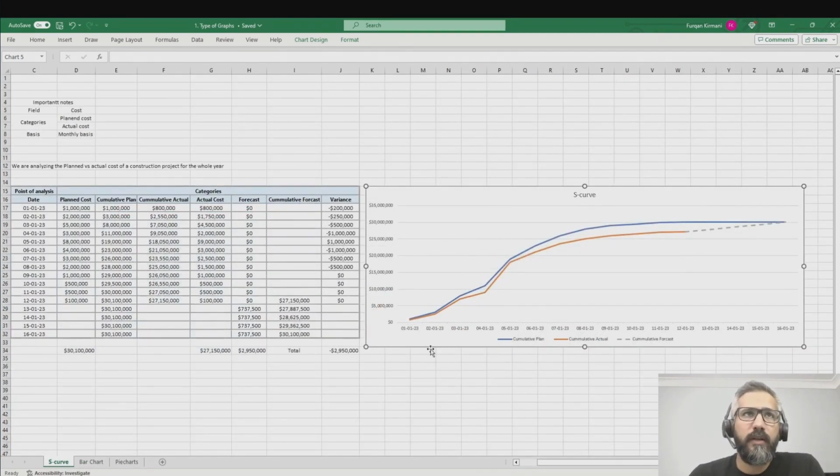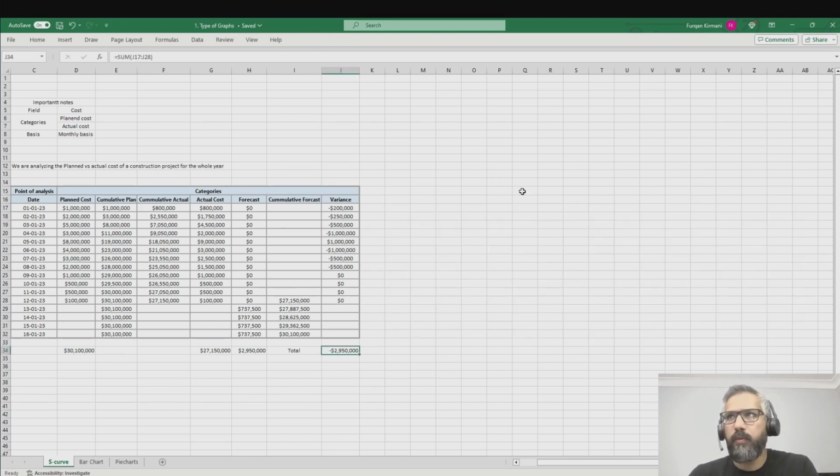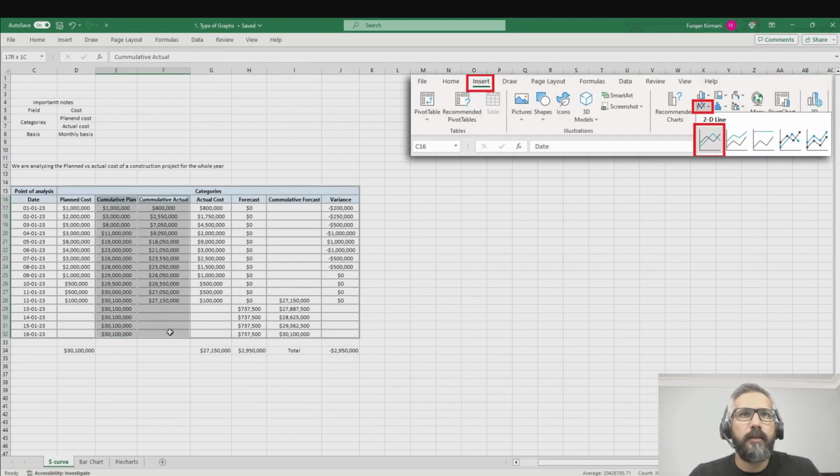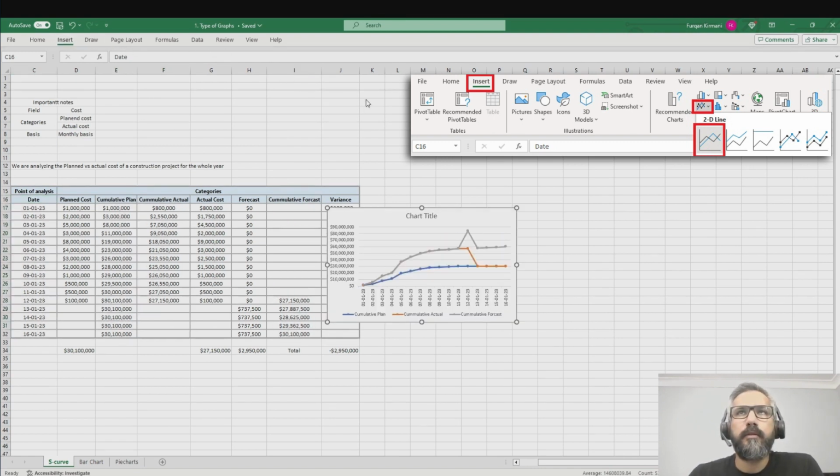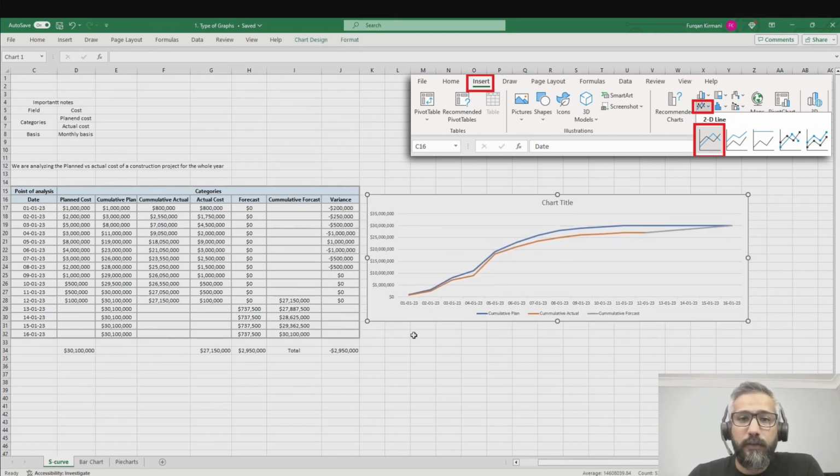Curve's data is different. When we are going towards S-curve, we are going towards cumulative value. So if I delete this one, will come here. So I'll select this, I will select this, I will select this, and I will select this. And I will insert these. Okay. It is very easy to create if you have the right data, but I will show you how I created